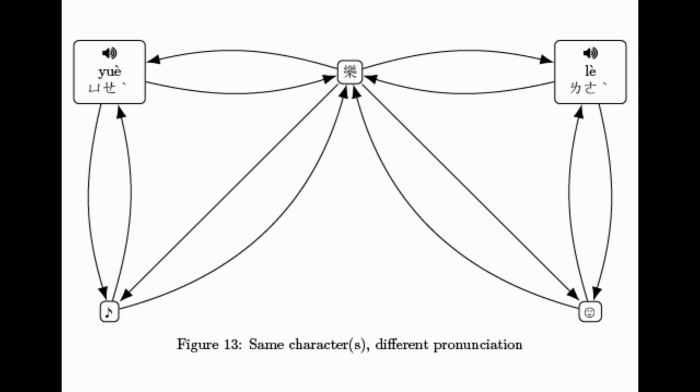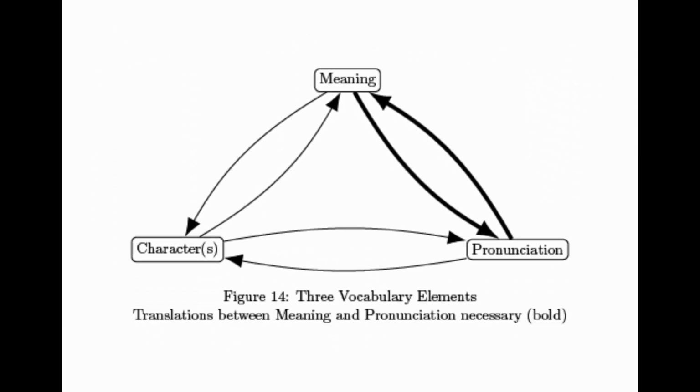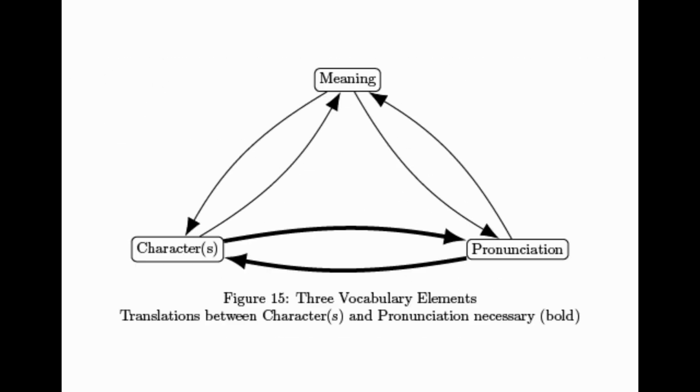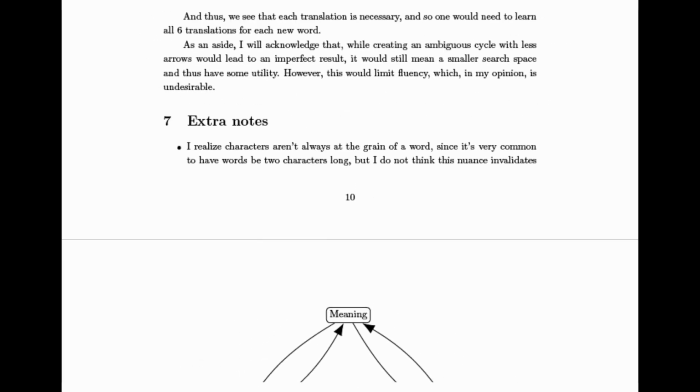For example, we have this character, which can be pronounced as either 月 or as 的. Because of this, we can't actually associate meaning and pronunciation through the character. We need to associate them directly with each other, in both directions. Finally, since synonyms are a thing, we also cannot associate the character and the pronunciation through the meaning. And thus, we see that each translation is necessary, and so one would need to learn all 6 translations for